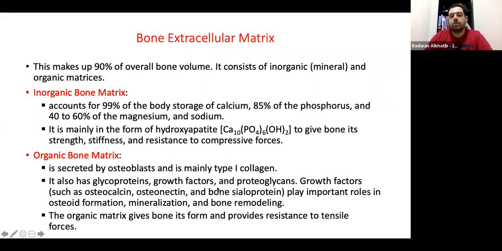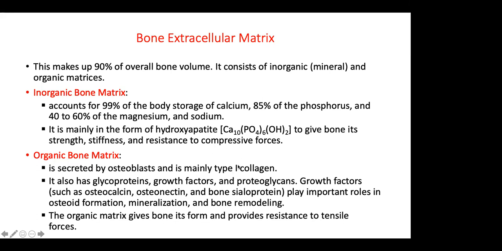Now there are many other proteins that form the organic matrix, but don't be fooled by the lots of names that are mentioned in this slide. They are not as important as type 1 collagen. If you need to know them, then it's good for you. If not, then it's okay, because they are not that important compared to type 1 collagen. So the most important organic bone protein is the